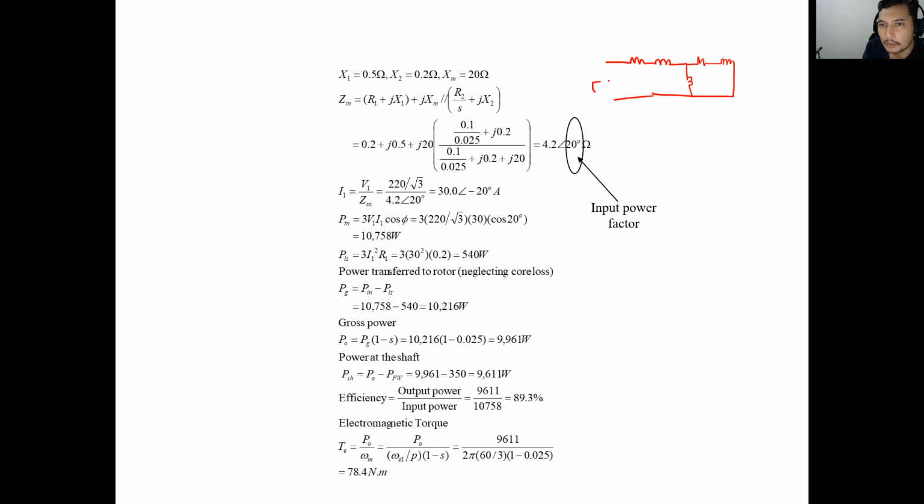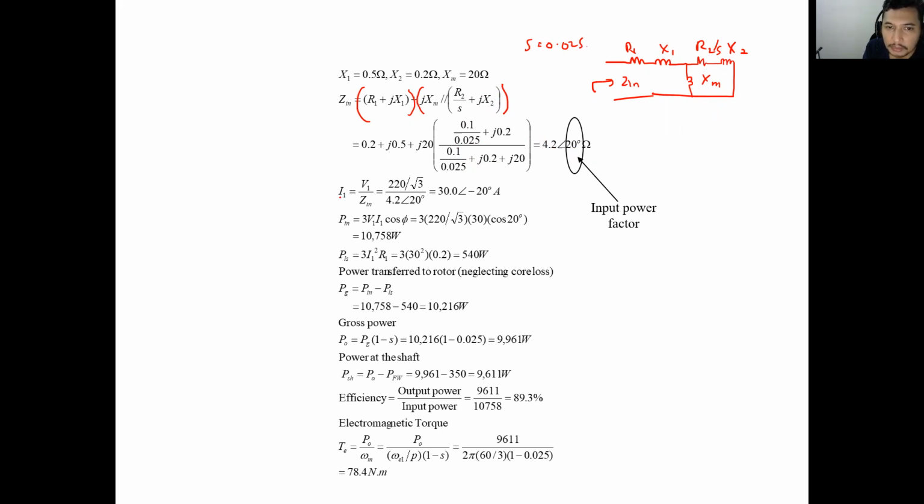Okay, so calculate your Z input. This one is R1, X1, R2, and X2, and this one is XM. So R1 and X1 plus jX1 XM in parallel with this one, which should be R2 over S. The slip is right now S equals 0.025. When you calculate, you will have Z input is 4.2 with an angle of 20